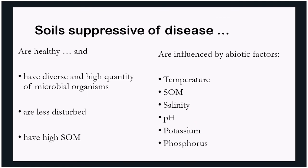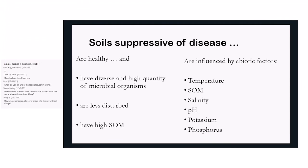So healthy soils can suppress disease, and that's a kind of a summary over there. Less disturbed soils with high organic matter, high diversity and high quantity of microbial organisms. But those being the biotic components, there are also abiotic components that also influence how soils will be suppressive of disease. And those also need to be considered. We've already considered organic matter, the soil organic matter, SOM. And because of time, I think,